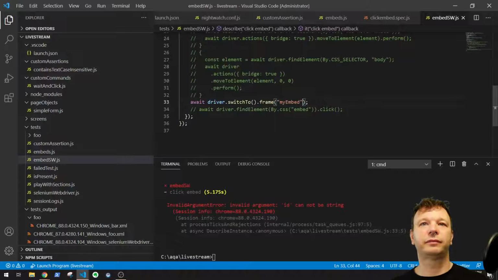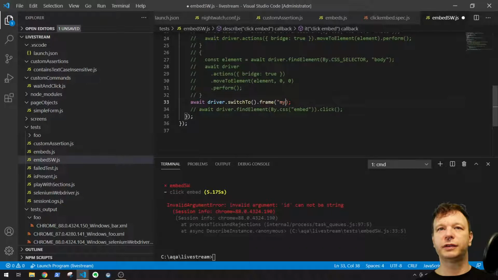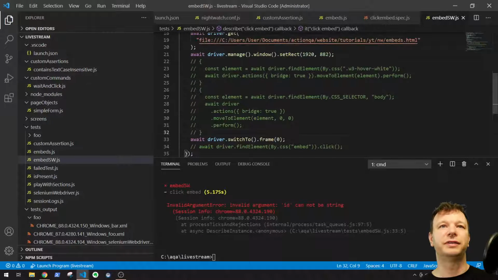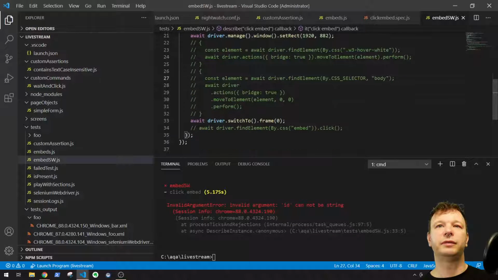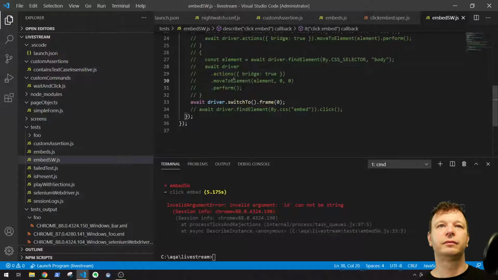Cannot be a string. So let's go back to using 0 here. Is there some type of... I feel like I need to wait for something. So this sets the window. Moving to the element. Find element by selector body. Wait. So I shouldn't have to do anything. I should be able to await